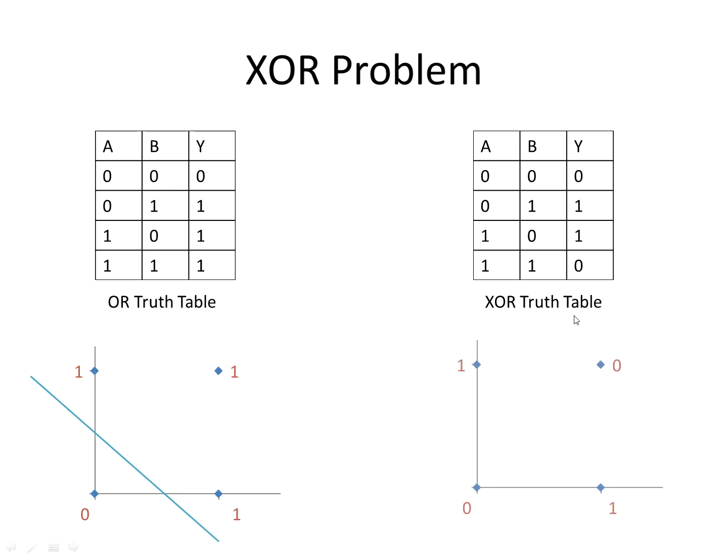But in the case of the XOR logic gate, if we plot it, at 0 0 the output will be 0. At 0 1 it is 1, at 1 0 it is 1, and at 1 1 it is again 0. So we can't separate it with a single line, so it is not linearly separable. We need to go ahead with an approach where two lines are needed to classify it. Either we can go this way, or another way is this one.